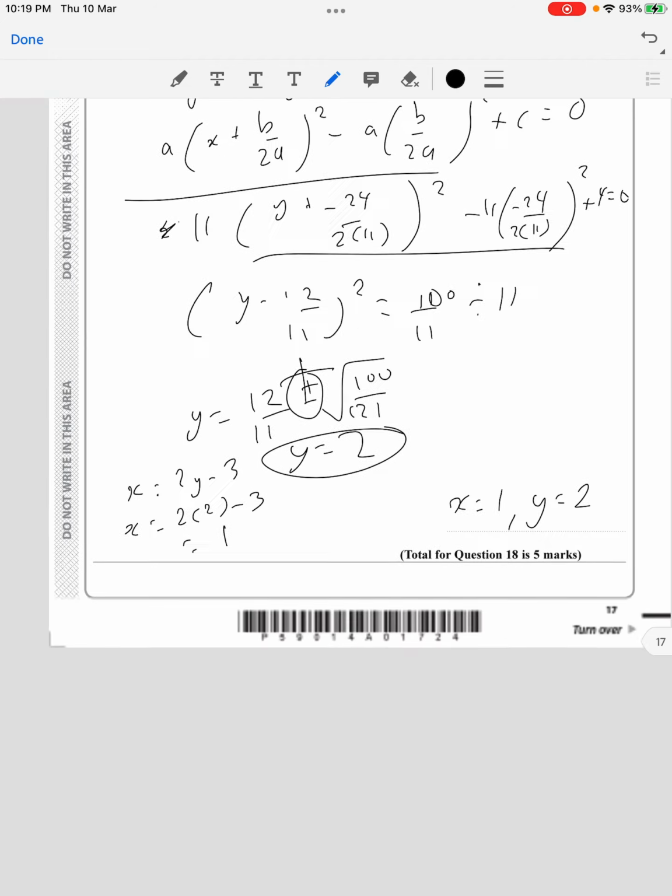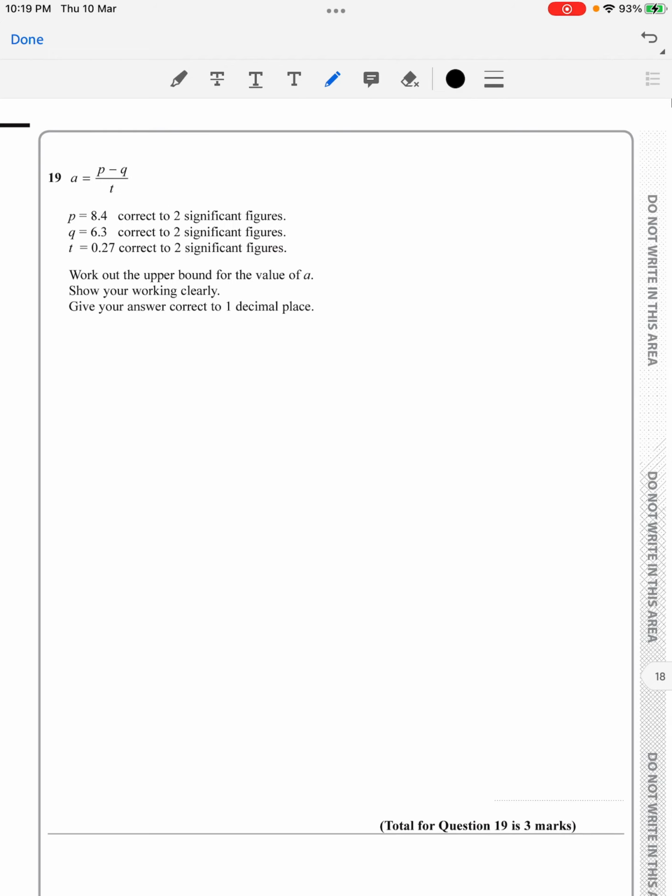So you're going to use factorizing, you're going to use all the techniques involved. Next one. The next question is something that's involving bounds, and I hope to cover it